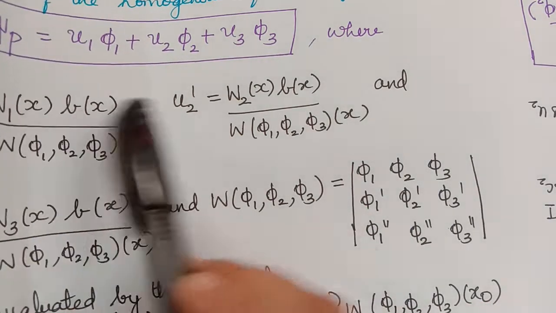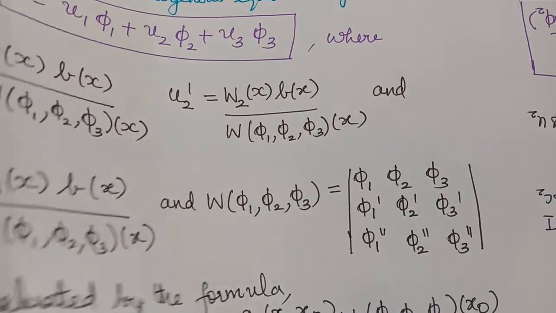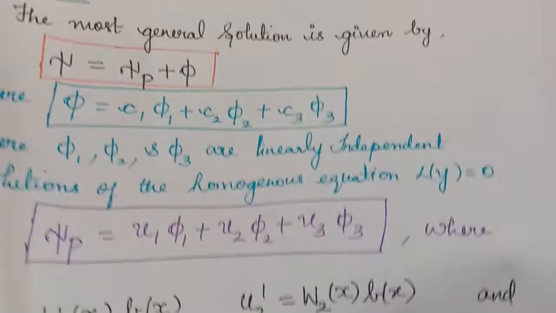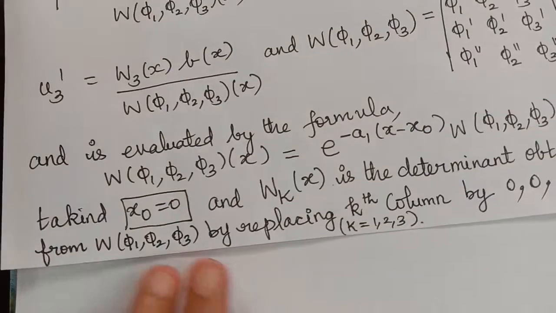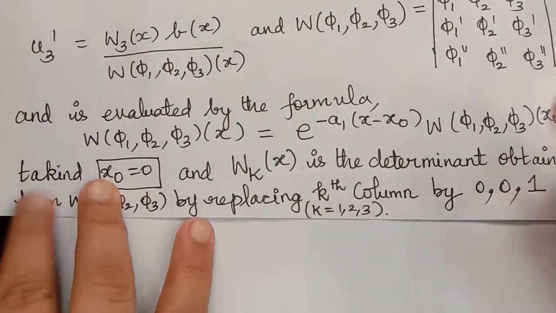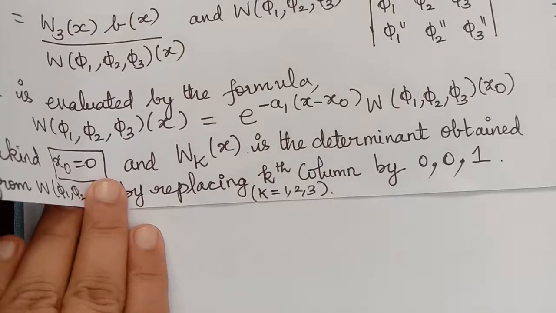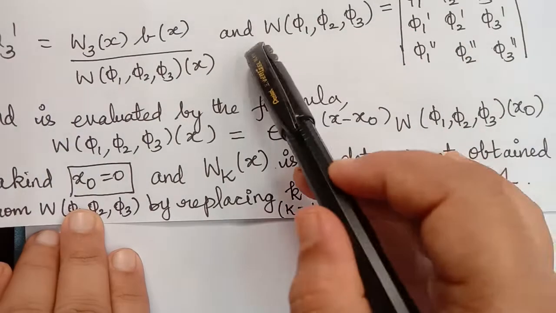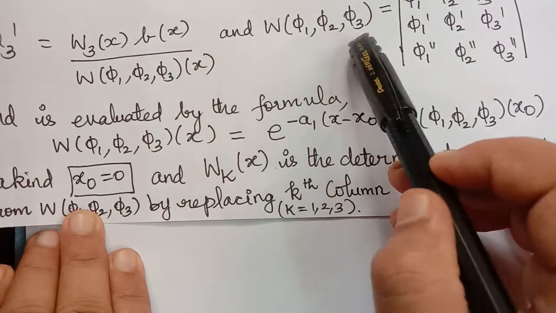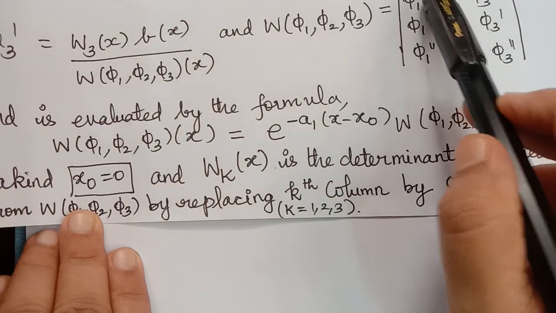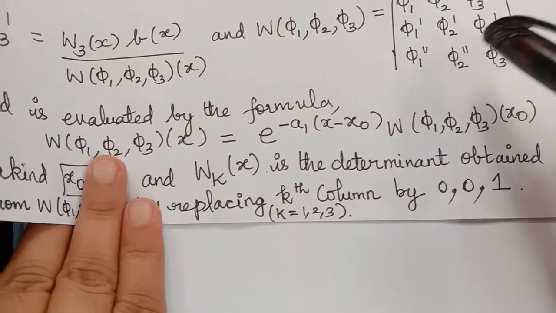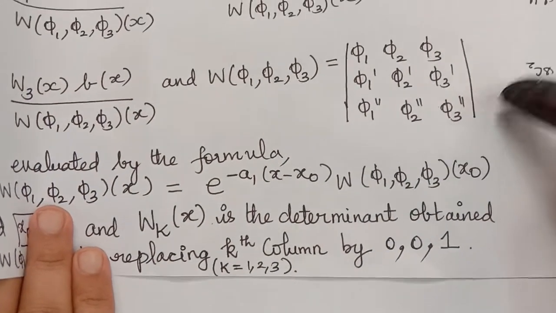And what are these W1, W2, W3? In general, I will write it as WK, where K will be equal to 1, 2, 3. It is the determinant obtained from the Wronskian of phi 1, phi 2, phi 3. So first we have to find this determinant, and in this determinant, if we are finding W1, then this first